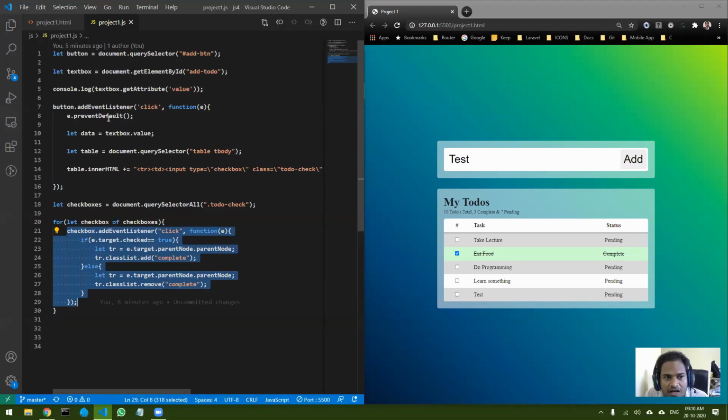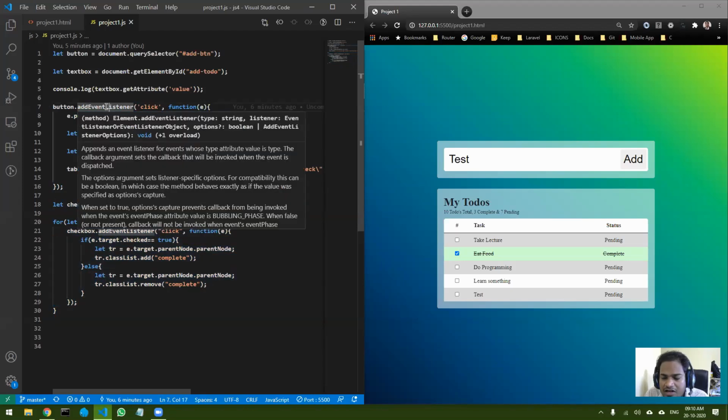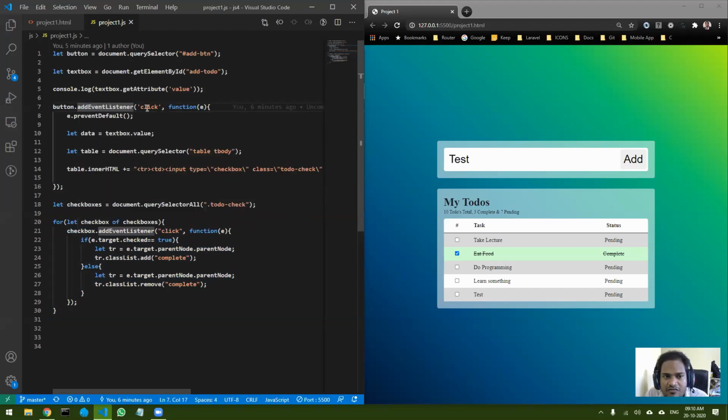The funda of an event listener is that it is triggered only when that event occurs. That means whenever that click event occurs, this particular block of code will be executed. So except this code, all the other codes will be executed when the page loads. So this is loaded, this works, this works.